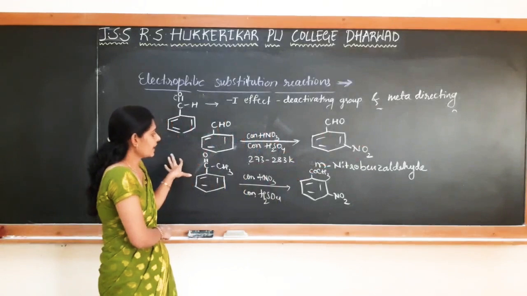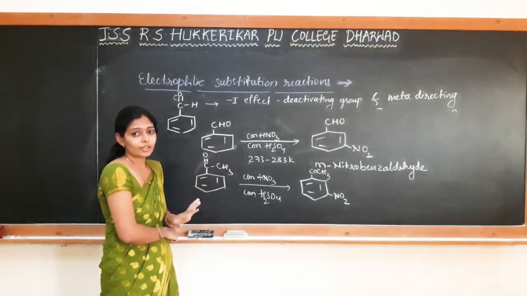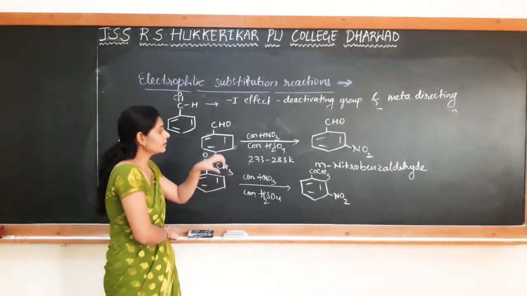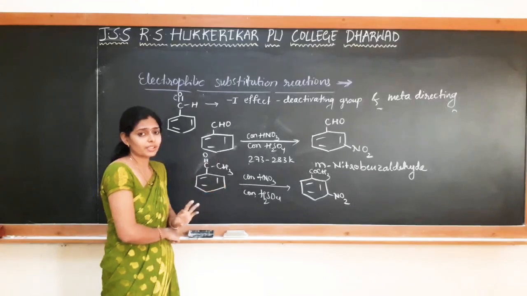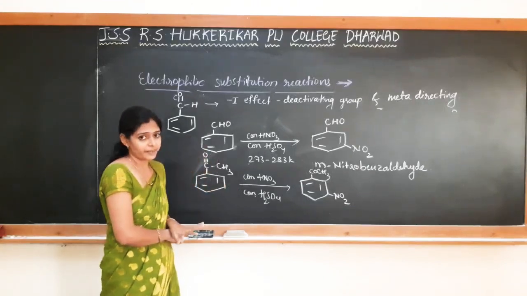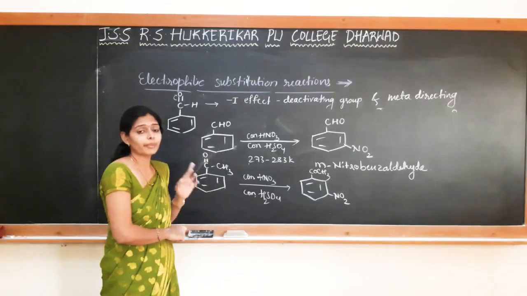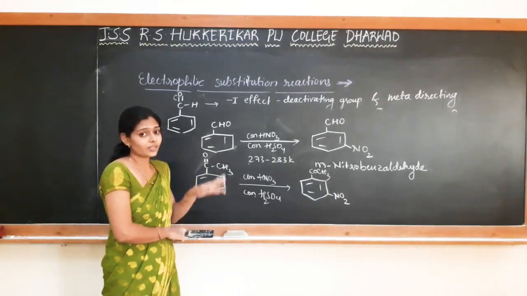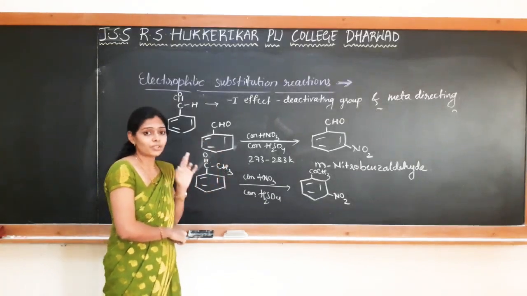See, benzaldehyde or a ketone, usually benzaldehyde does not undergo ring substitution. Halogenation at the ring is not possible in the case of benzaldehyde, because side chain substitution is faster compared to the ring substitution.